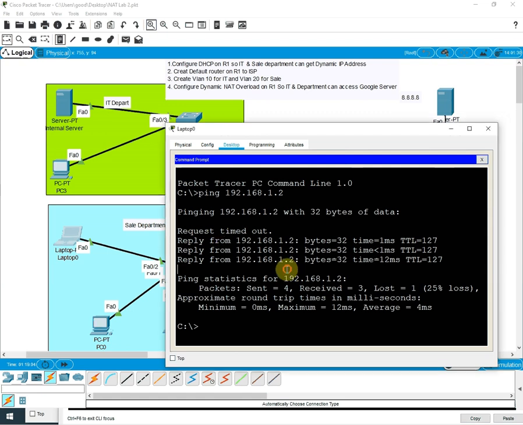So see here, 2 different departments are communicating, that is 2 different VLANs are communicating, and 2 different networks are communicating. So we can say our lab includes inter VLAN also, but by the traditional method, not router on a stick or SVI. We did the old traditional method to make inter VLAN, but we did not intend to do inter VLAN as per the question.